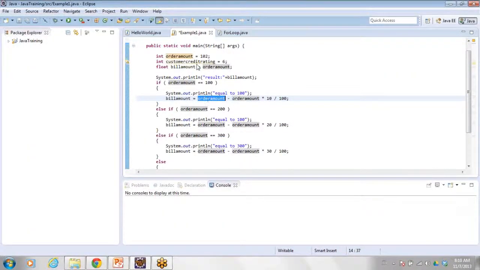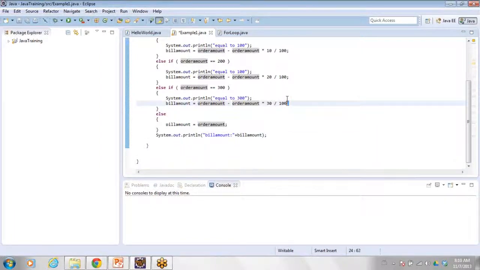So in this program I wanted to give the discount of a fixed $5. So where should I change the program? So wherever I am doing the calculation for the discount, I should change it. So I am doing the calculations for the discount in all three places. I am doing it here, I am doing it here. So this is a kind of code duplication. The same kind of code, only the discount parameter is changing.